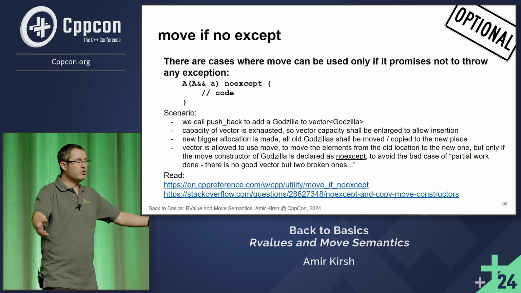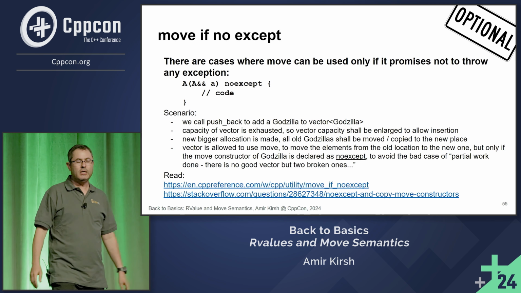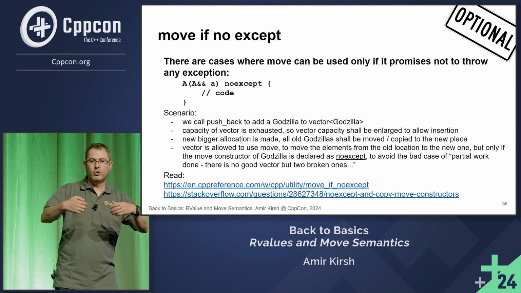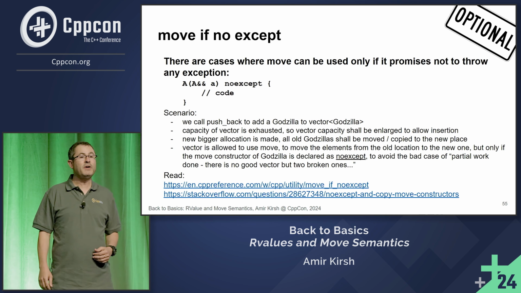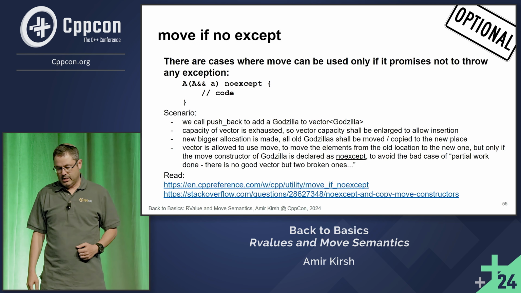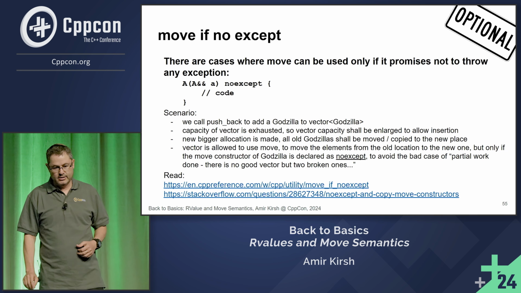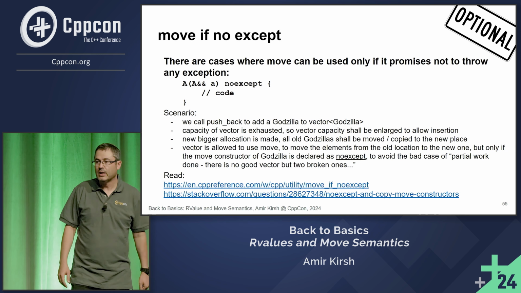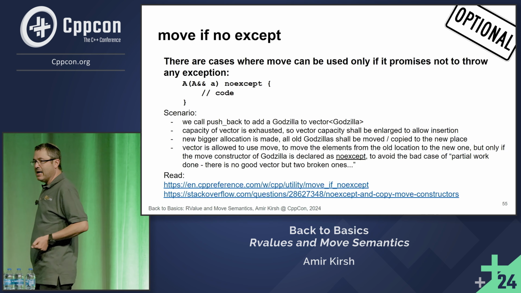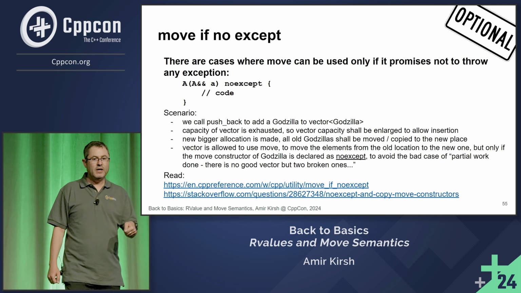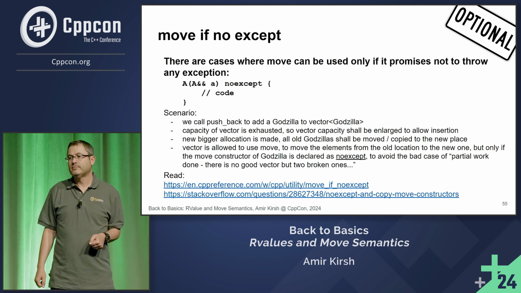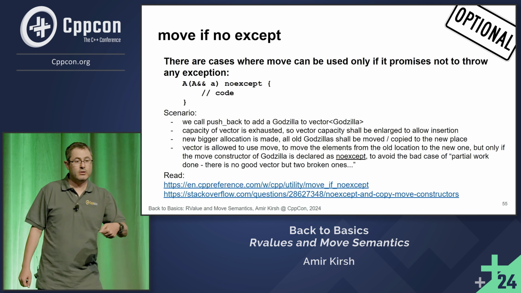So I can come back to the user and say, we had a problem, we didn't succeed in push_back. I throw an exception. And the user says, okay, you didn't succeed. Can I still use the old vector? No, sorry, I just ruined your vector. No, that's not good. So the spec says that calling push_back, or having to reallocate,